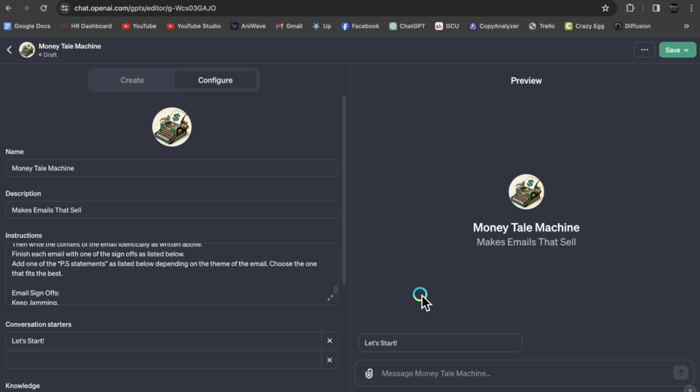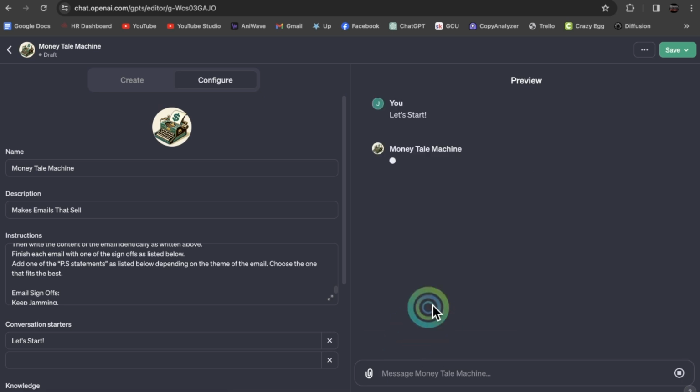And then when you get the email at the end, maybe you need to do a tiny little bit of editing to make it sound a little bit more human and in your voice, but you're pretty much left with an email that is ready to go. So let me show you how to do this. We're going to do one where we write it ourselves with the story that I come up with here, and then we'll do one where it makes a story for me so you can see how it works in both ways. So we'll click let's start,